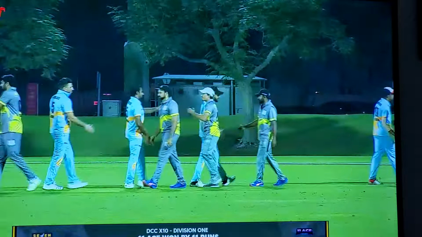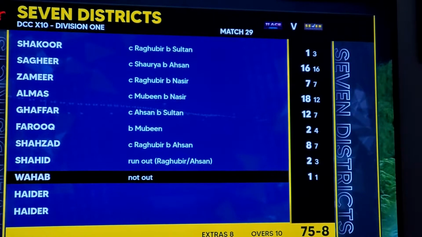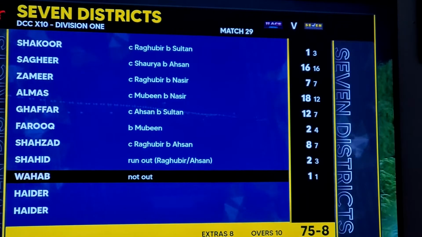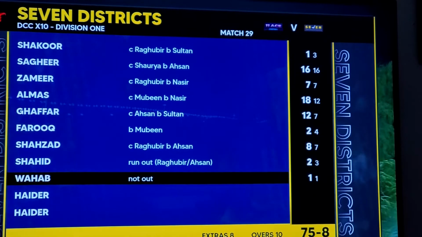11 Ace, well, even though they didn't have their full batting, they've done well. That's the batting card. And as you can see, just no batsman stepping up. 16 off 16 for Zahir. Almas 18 off 12. Ghaffar 12 off